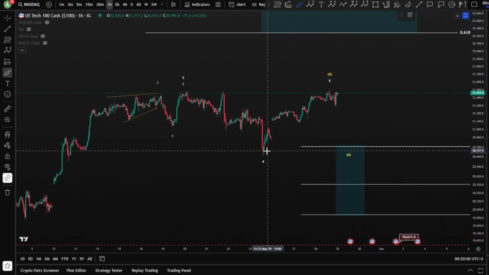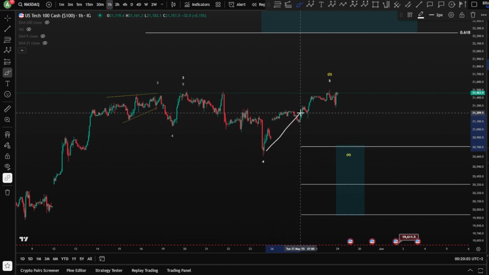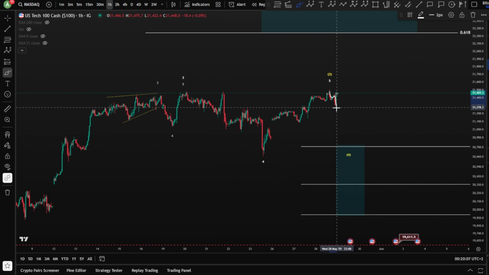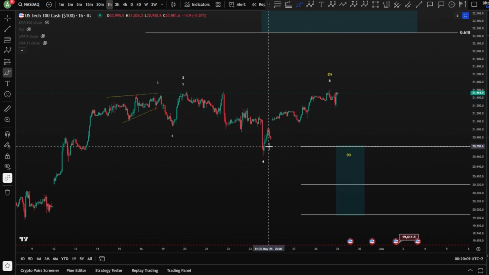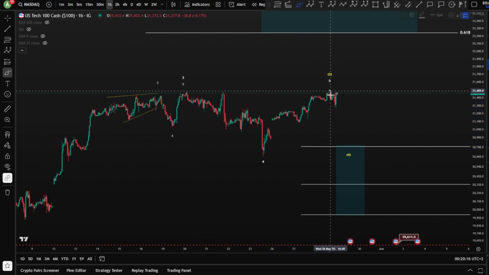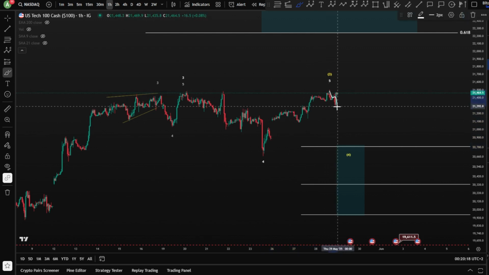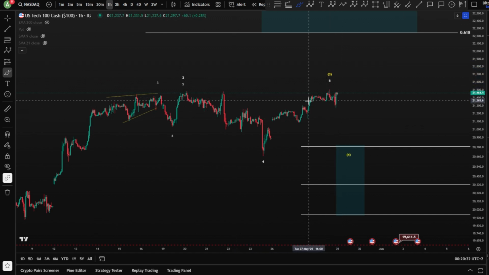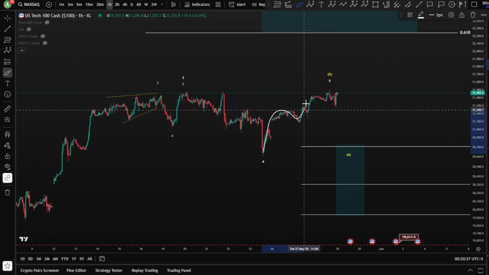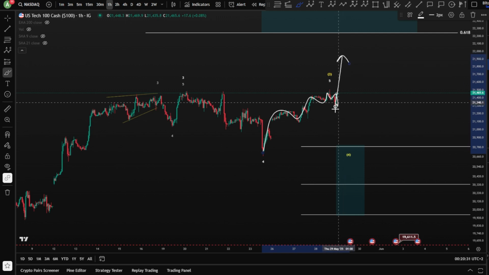If you remember today, I was wondering, okay, what would be the reaction after this? Would we get 3 waves down and then move higher? Because that would open up something like an ending diagonal wave 1, and then a very shallow wave 2. If you remember, in the live stream today I mentioned that we might be in a leading diagonal with a very shallow wave 2, because when you are in a leading diagonal, the wave 2 can be very shallow and start to move toward the upside impulsively.